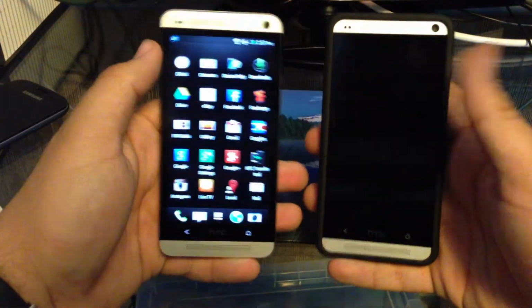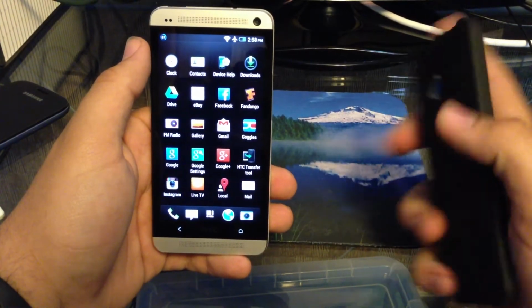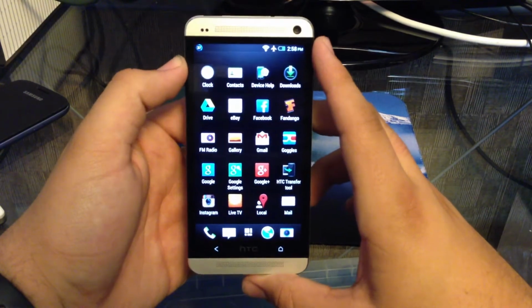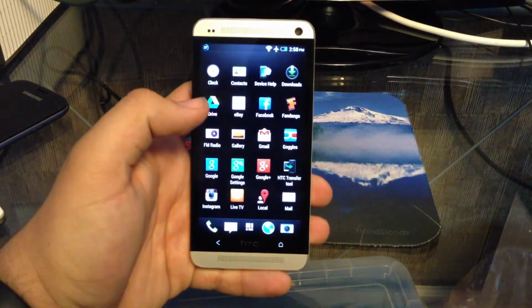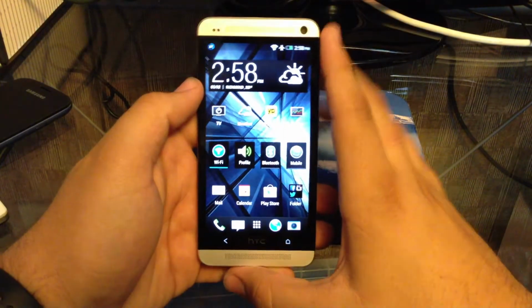So, for instance, I have two HTC Ones, and when I got my new one for my warranty coverage, I had to use that transfer tool, even though I screwed it up and did it in reverse. So that didn't really work out too well for me, but that's okay. Moving right along here,